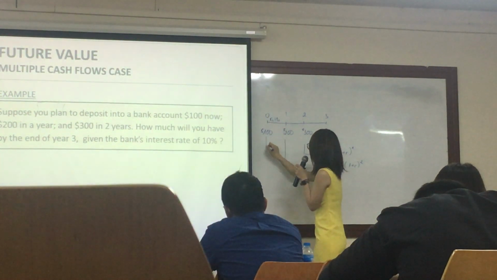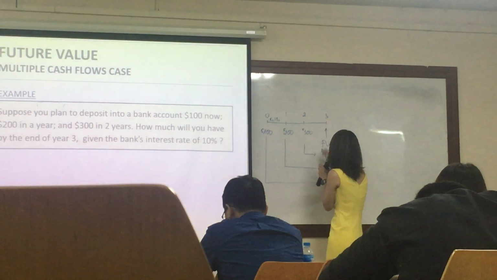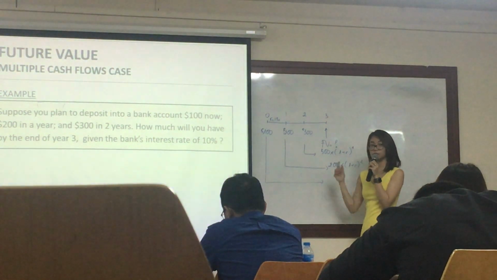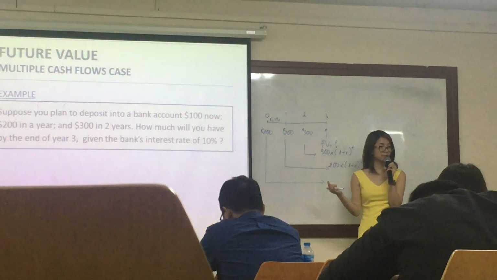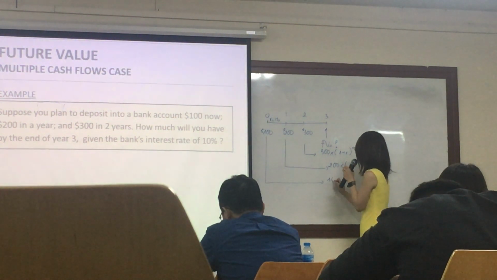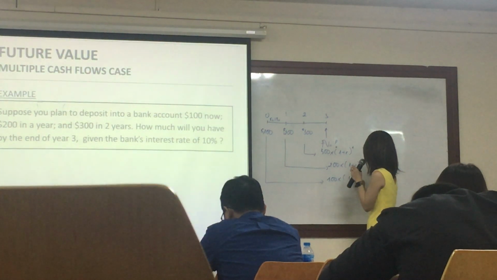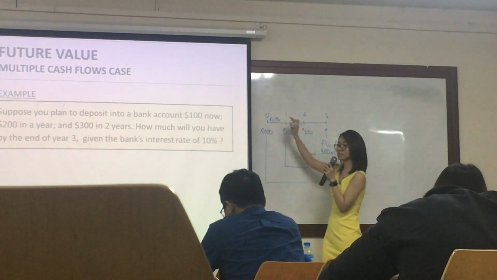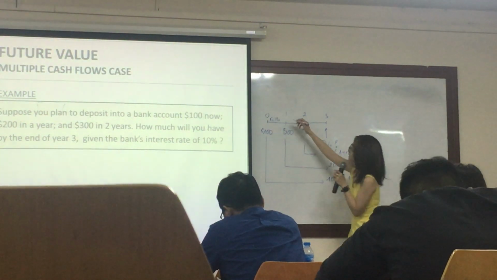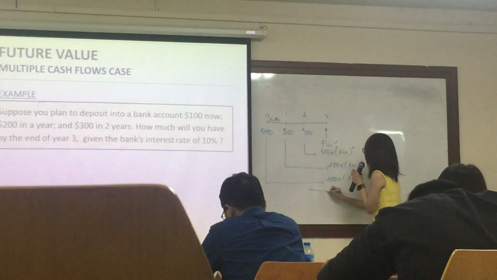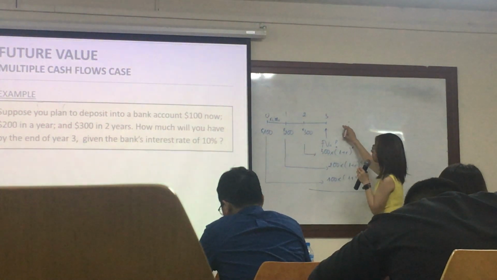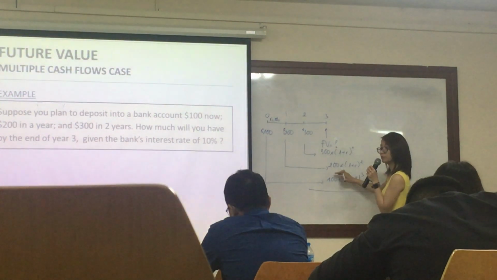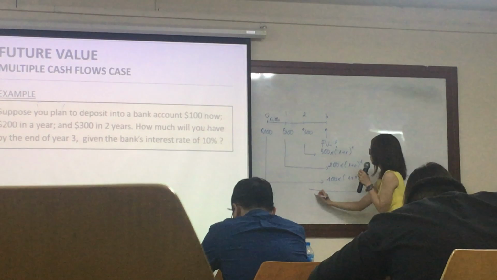And for here, from now to the end of year 3, how many years have you deposited? 3 years already, right? So you earn the interest rate 3 times, and it is compounded. So you get 100 multiplied by (1 + r) to the power 3, and r is 1%. So the future value, the amount of money you will get back from the bank 3 years from today, is the sum of all these future values, right? So you will get the sum